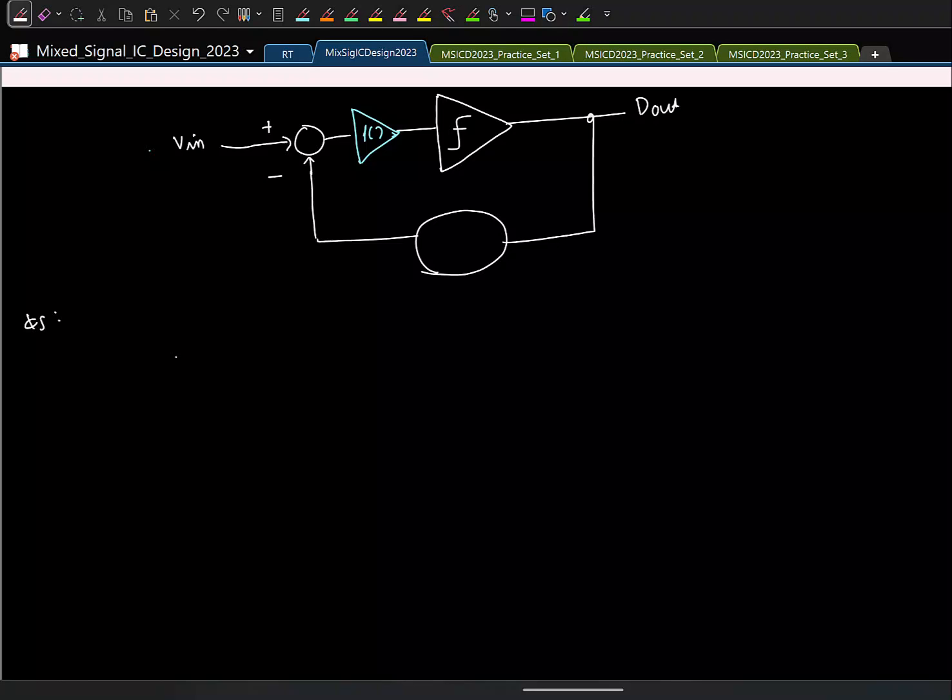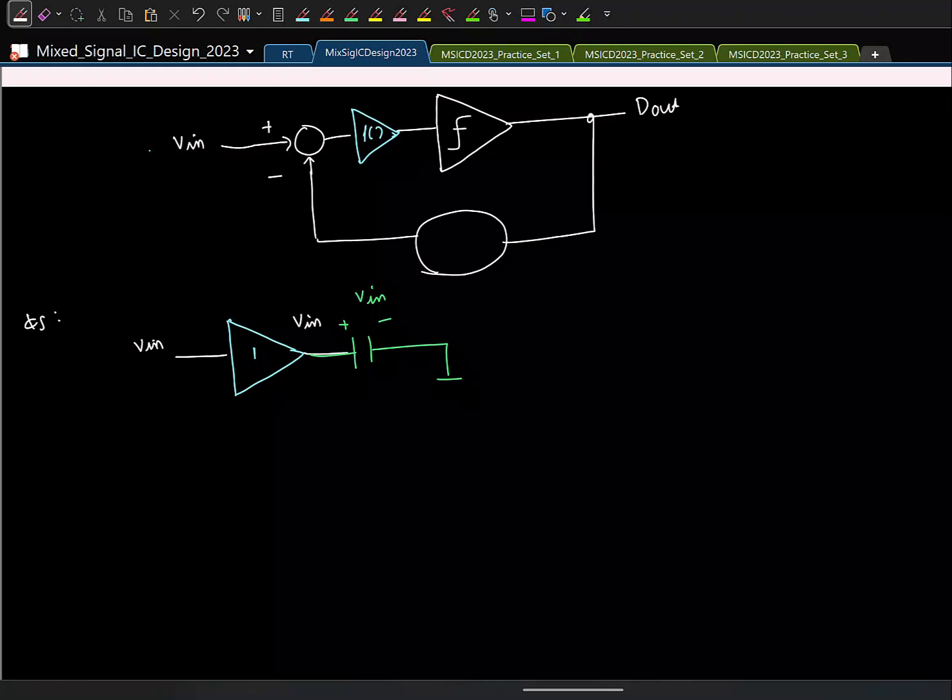We have to sample the input. So for that I am going to use a buffer. And initially let's assume the buffer is ideal. Then we'll introduce nonlinearity. So let us say I am putting it in a sampling capacitor. So this is V in, this is also V in. So the voltage across the capacitor is,